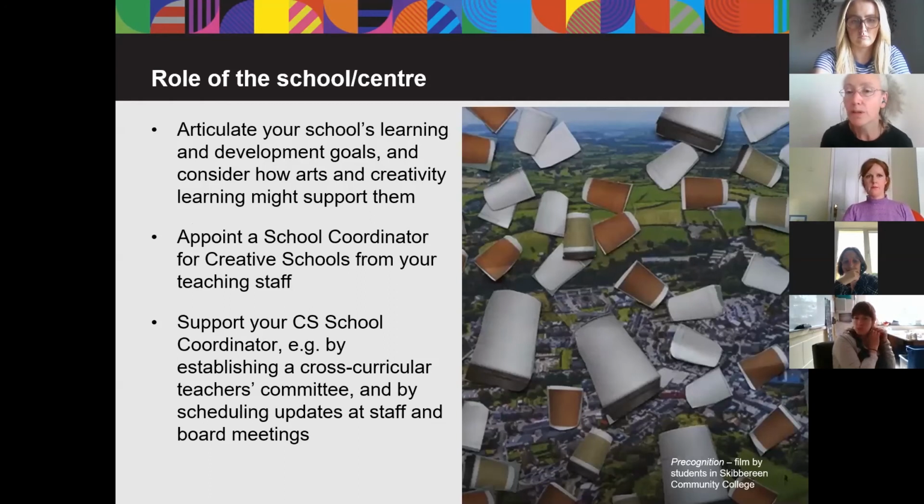So then, what is the role of the school? Well, articulate your school's learning and development goals and consider how arts and creativity learning might support them. The school appoints a school coordinator for creative schools, and the school coordinator is from your teaching staff. The school supports your school coordinator, for example, by establishing a cross-curricular teachers committee and by scheduling updates at staff